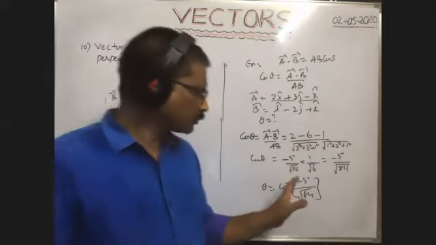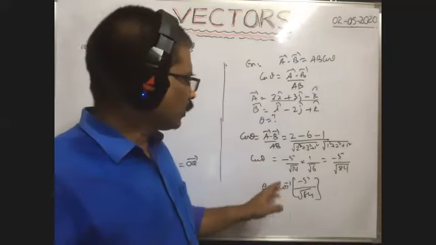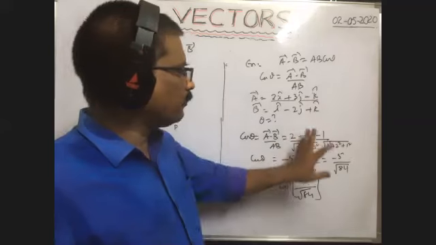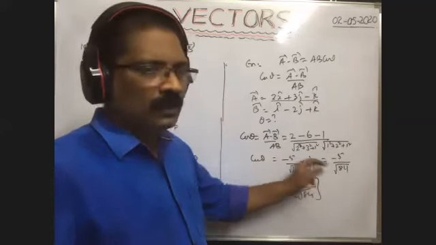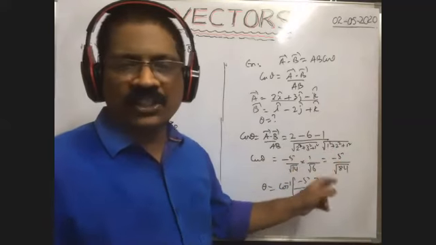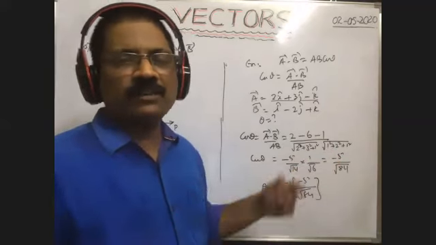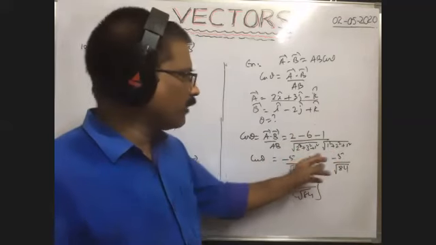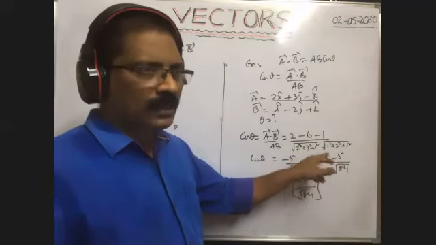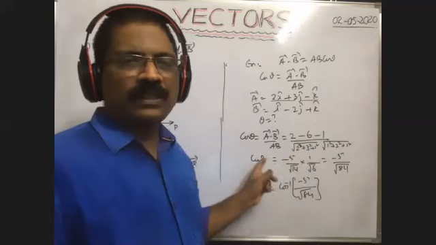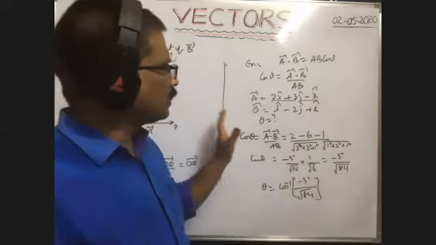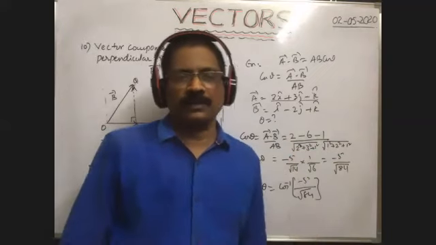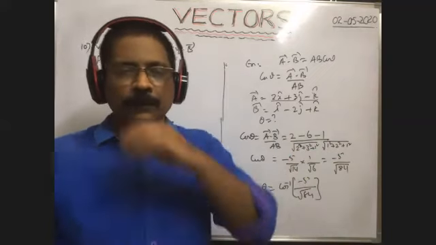Now suppose that after simplification we got cos theta equal to 1 by 2. Cos theta equal to 1 by 2 means theta is equal to 60 degrees, no? That's why we write theta as 60. Suppose you get cos theta value 0; cos theta 0 means theta is 90, no? That's why theta is equal to 90. In this way we have to write. This is the dot product of the two vectors. It's a very, very important one.